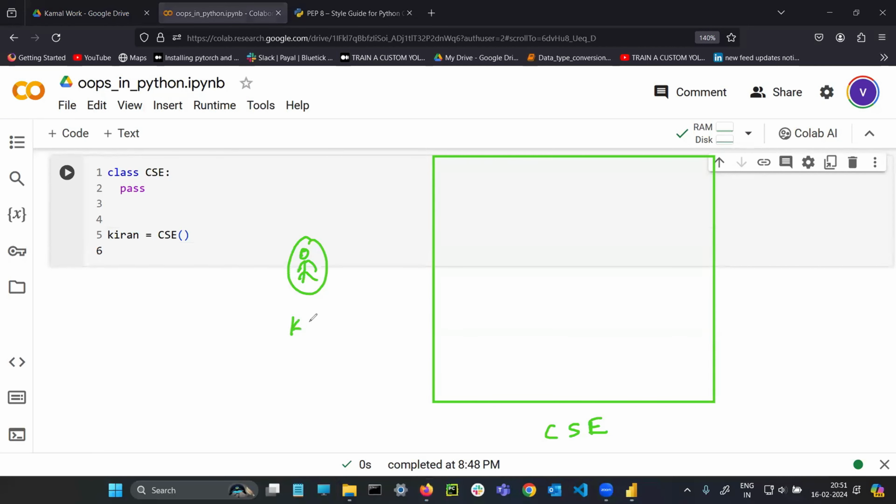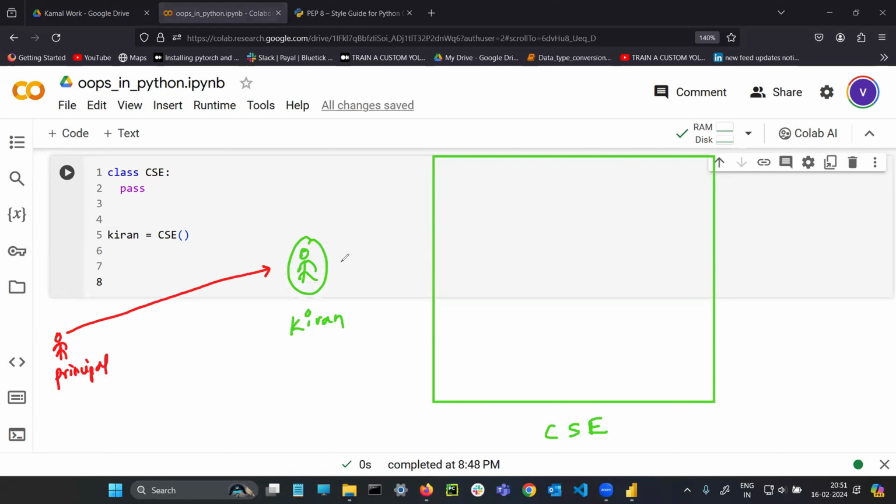Okay, his name is Kiran. He is a servant for this particular classroom. Now what is the principal doing? The principal is informing this particular Kiran to take